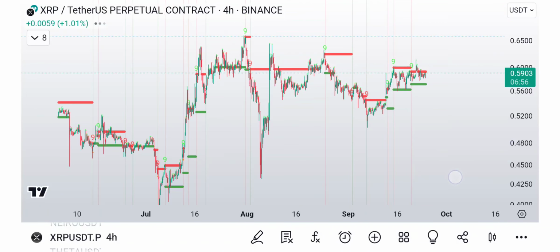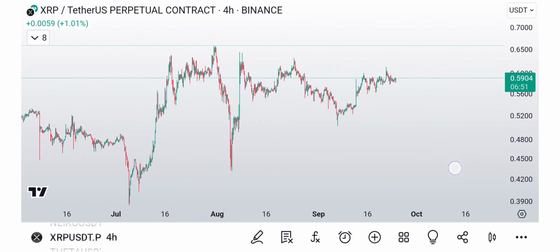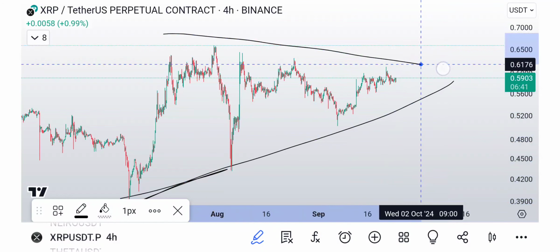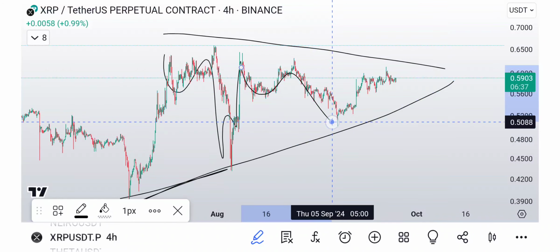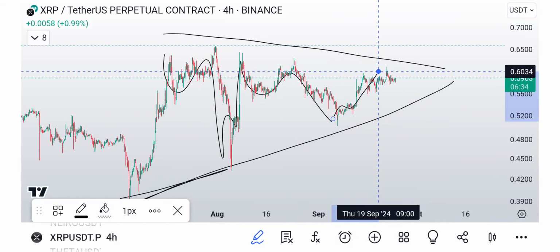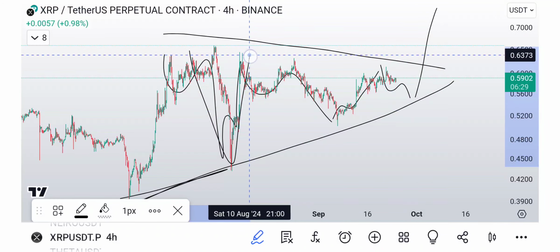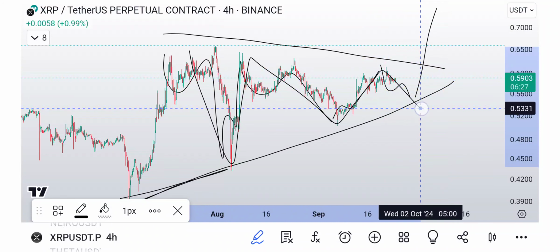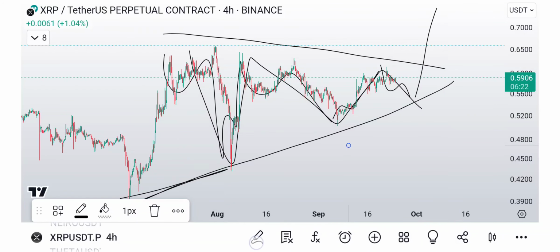Now, when I look at it from this perspective, there's a few ideas here, and we're going to run through it quickly. Obviously, we have this massive impulse. Well, first, let me show you the other. This could be some kind of triangle, right? Where you have 3 down, 3 up, 3 back down, 3 back up, and then you need another 3 down, and then we blast off. So we have an A, a B, a C, a D, and E, right? So that would be our Elliott wave